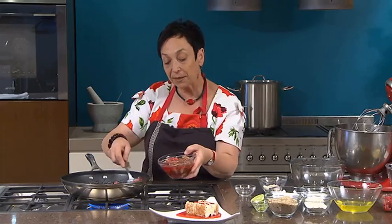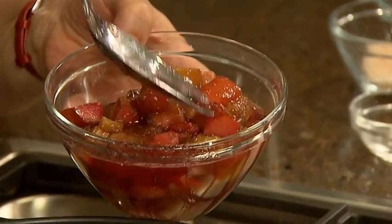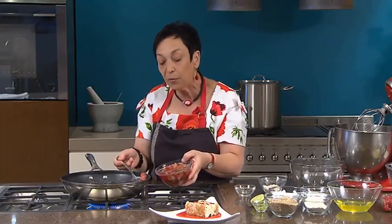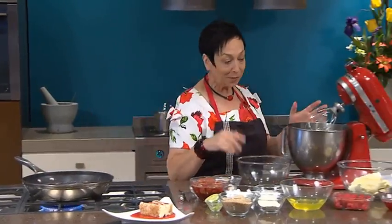The last step in this stage is to remove our rhubarb. See how I've still kept a little bit of its shape, so don't cook it until it's really mushy. And then we're going to reduce that liquid until it's a beautiful thick syrup. Now while someone's watching this, because remember we want a syrup and not a toffee,